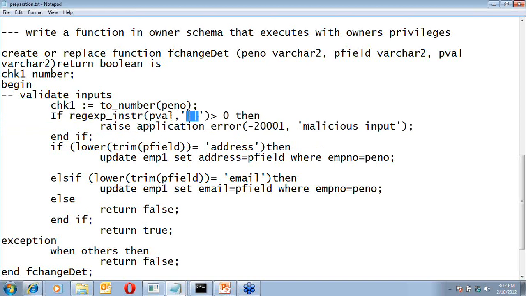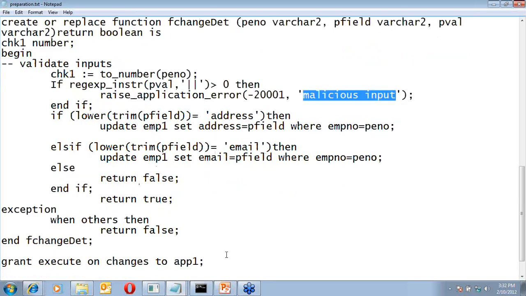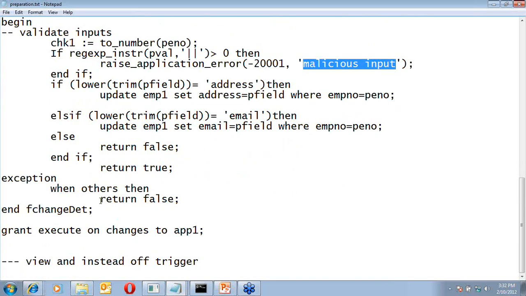There is no reason why in your address you should have a double vertical bar. So if a double vertical bar is found in this P val, then I know that this is malicious input. I am raising an error, thereby not going to further operations, and again in my error handling routine I am just returning a false flag to the front end indicating the operation cannot be done.